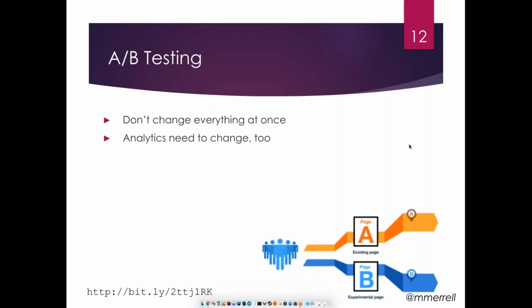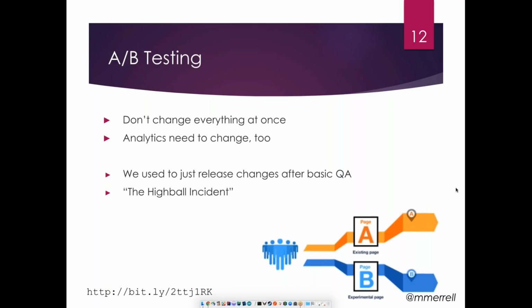And the thing that happens frequently, not at Retail Me Not anymore because we have a much more rigorous process around this, but in the past, sometimes we would forget to change the analytics around the B test when we would put it through. Wouldn't matter so much in the case of orange, but it would matter a lot in the case of something else, like offer ranking mechanism. Offer ranking is the bread and butter of how Retail Me Not makes its money, so we need to protect that with our lives. We would just release these tests after basic QA before we did A/B testing, which led us to the Highball Incident, which is a story I like to tell about the first major incident I was involved with when I got here.